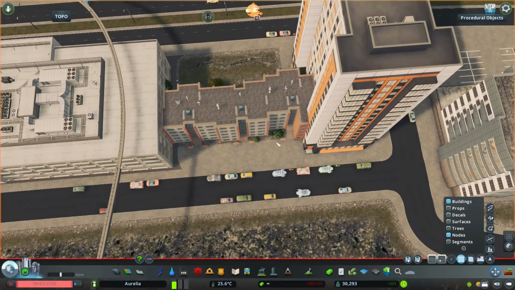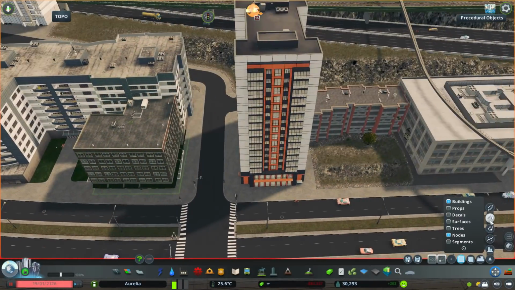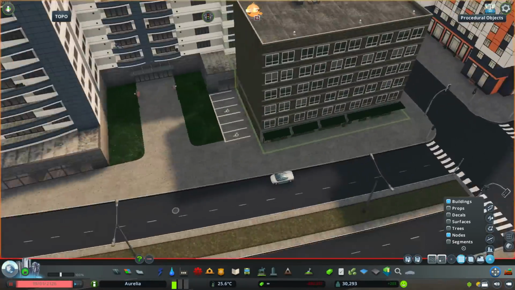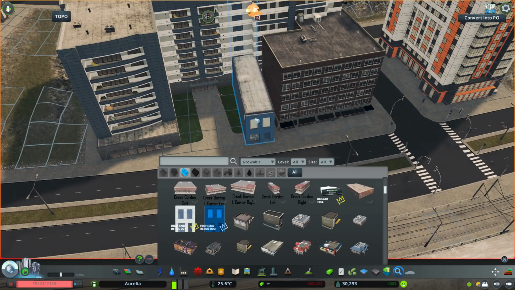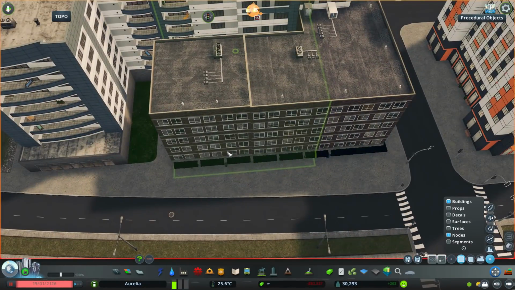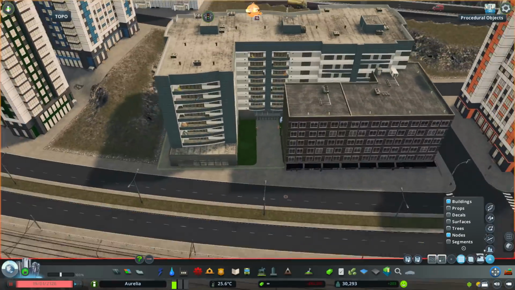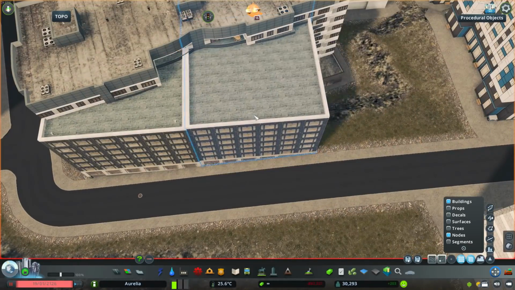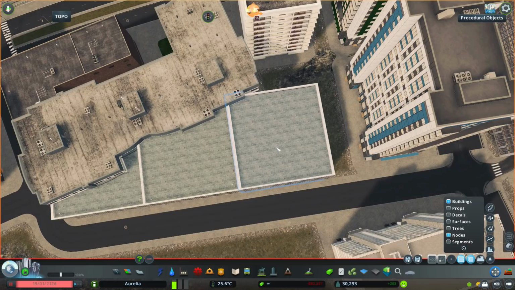So this place down here is pretty much going to be a mix of mostly residential buildings. I know that it's kind of closer to the highway and the railroad and all that, but right next to the highway, I am trying to put some office buildings or something like that. I'm later going to put even like a warehouse building or something like that. But in here, right next to the river, we are making some residential buildings